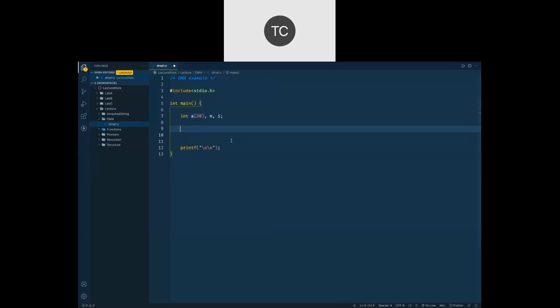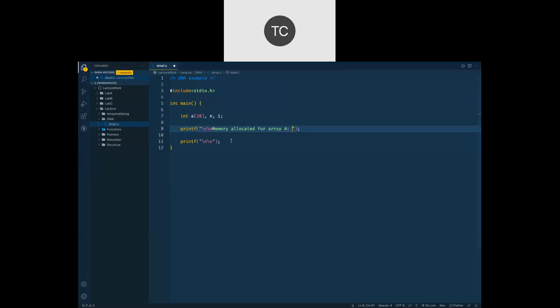So let us print the memory allocated for array A.